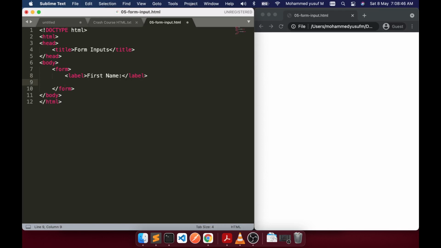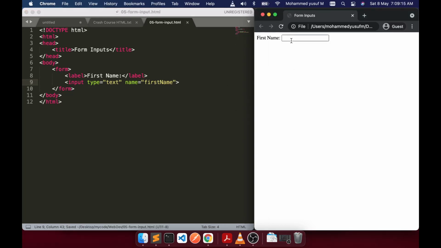And then I can have an input tag where for type, we have different types. By default the type is text. If you want you can give text as a type as well. The name attribute is basically the attribute name under which the value will be captured. We'll see the usefulness of this name attribute when we submit the form. So I'm going to give first name, and then save. With this code, if you see the result, we get a simple text box with the